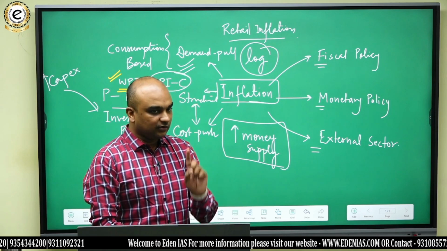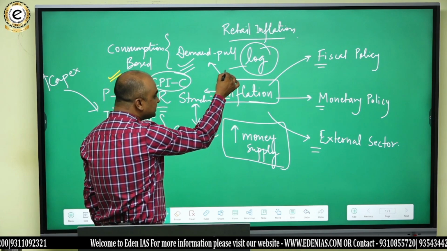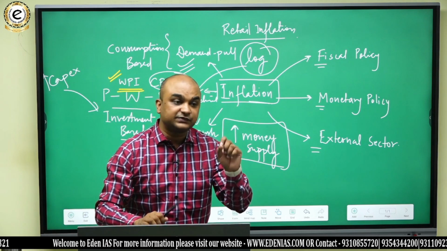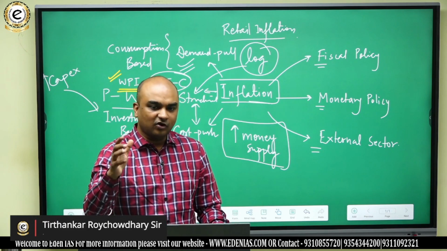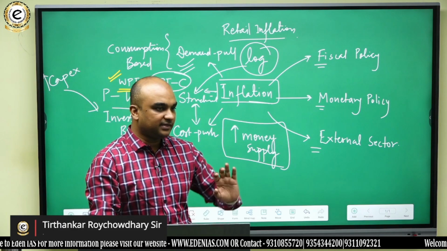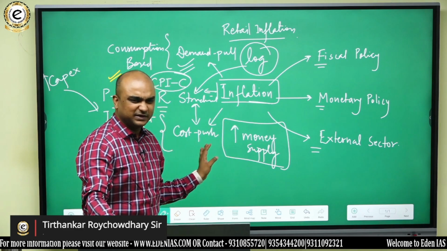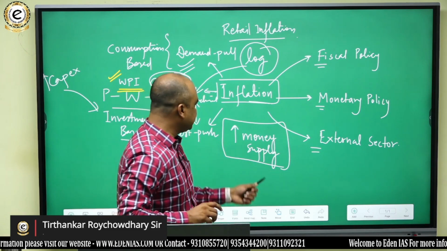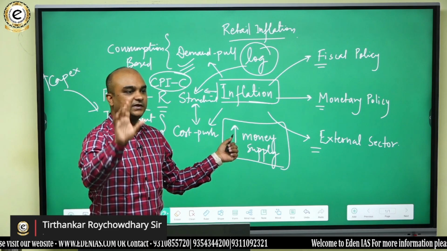Do you get that? Now, look here very carefully: this supply side problem is mostly related to structural reasons. Got it? Or there could be governance failures also. Say, for example, there are riots or some similar scenario which can cause a disruption in the supply chain, and that's why you may face some sort of inflation on that account as well. But generally speaking, we assume that supply remains more or less smooth in an economy, then it is the money supply that generally impacts the level of inflation in the economy.